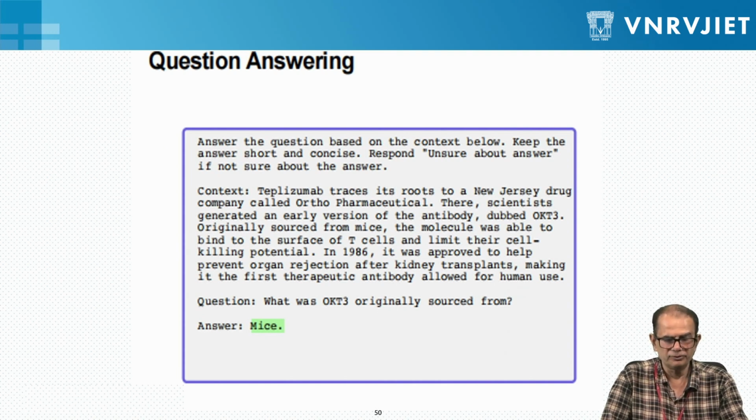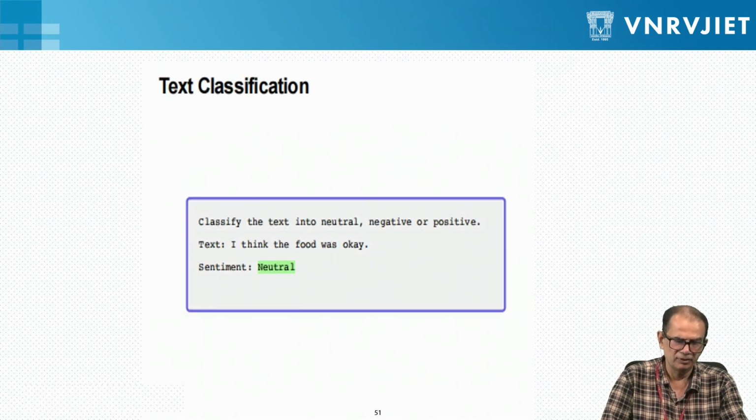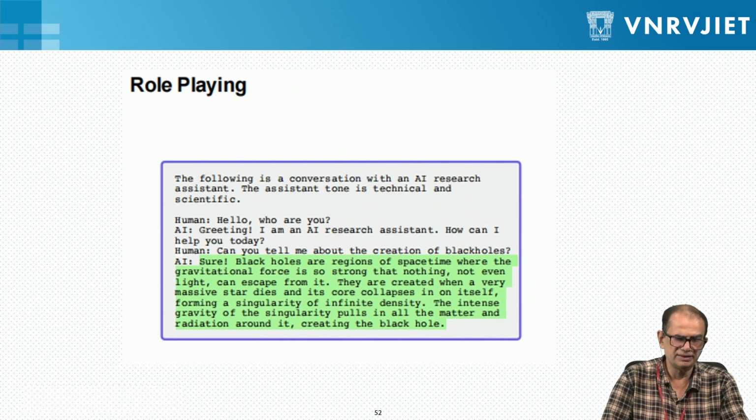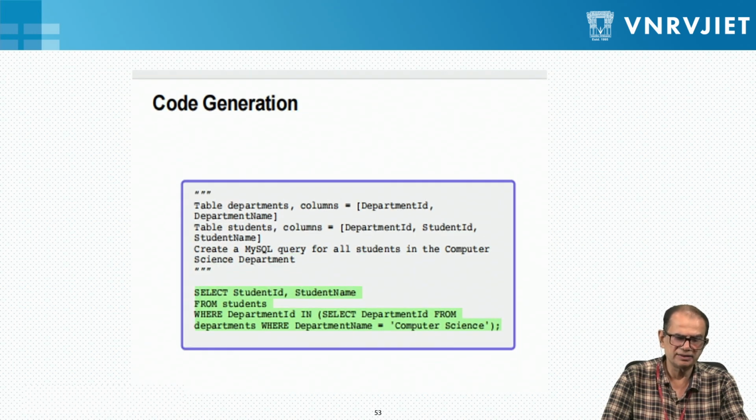Also, we can give prompts for getting Q&A. If there is a particular question we have in mind and we want the answer, we give the appropriate prompt and the prompt helps give the right answer. Here also we can give the text correctly and that will help us classify the text. So all of this can be done.